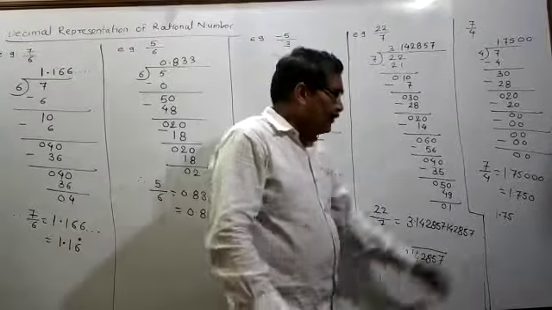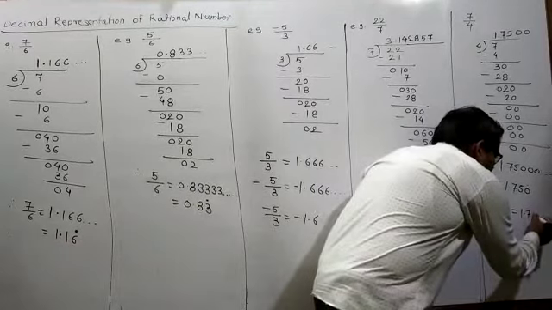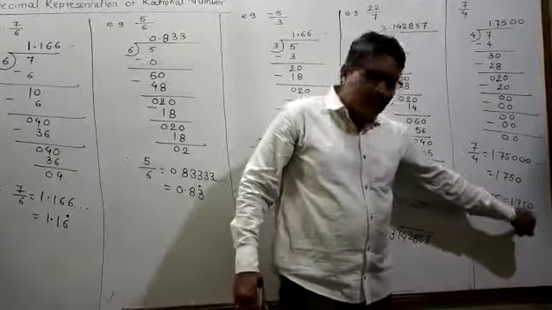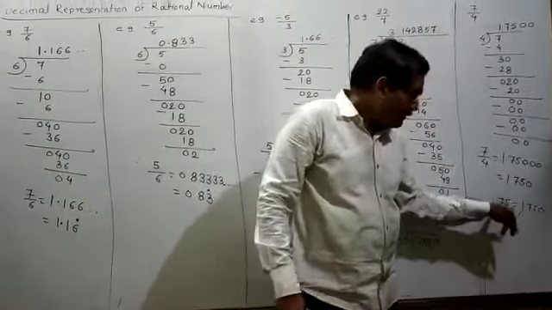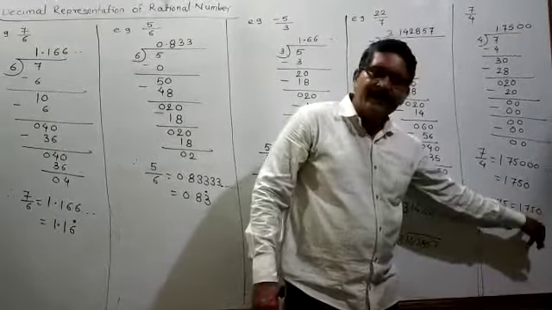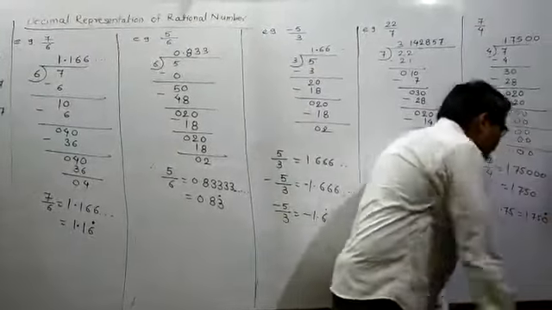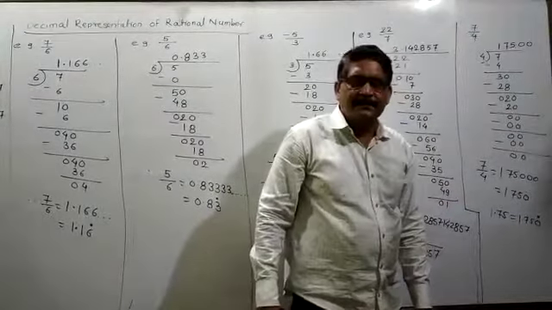If you want to write a terminating number in recurring form, you have to write it like this: 1.750 with a dot. In recurring decimal form, 1.75 as it is you have to write, after that you give the 0, and on that you write the dot. In this way you will write a terminating number in the form of a recurring decimal number.